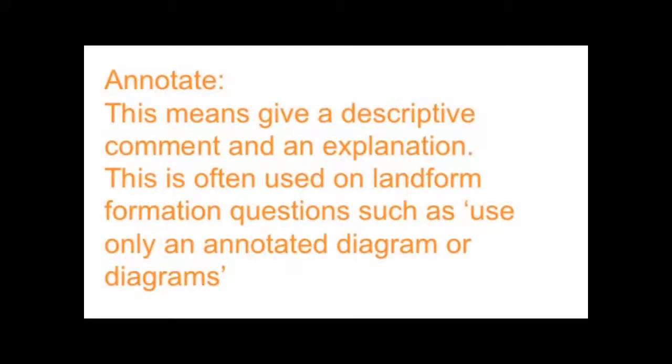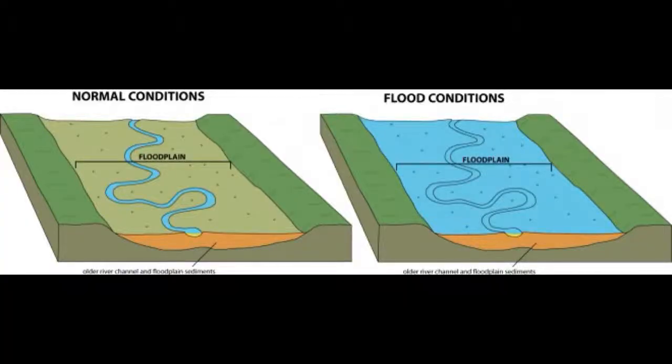Another word that perhaps won't be a command word in the exam, but it's something that I want you to be aware of. At any point in an examination, when you draw a diagram, you must annotate the diagram. You must not just label the diagram, you must annotate it. This means you have to give descriptive and explanatory labels to the diagram. So you must say, if you are labeling this diagram of a floodplain here, you must not just say floodplain